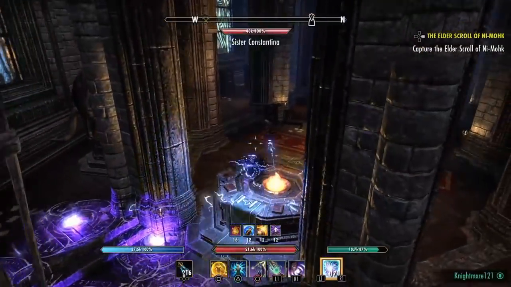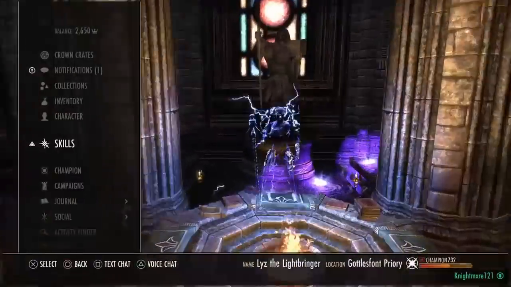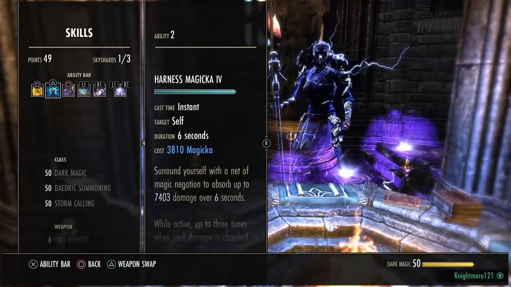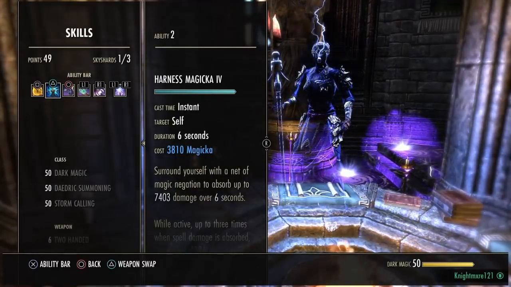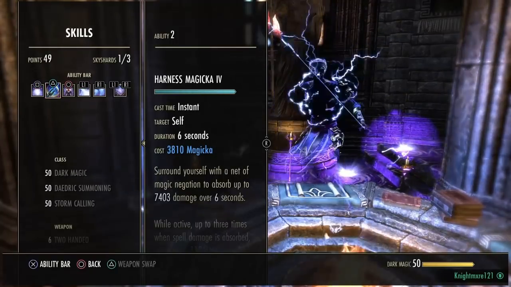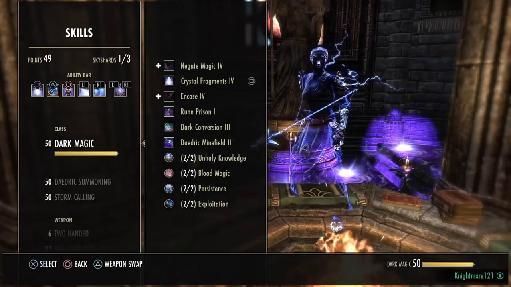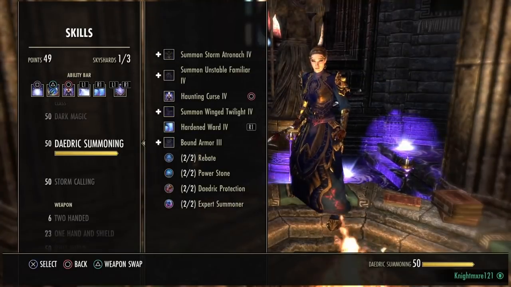So that's going to cover my skills. If you don't want to watch the rest of the passives you should take, go ahead and skip to the next part. But I'm going to go over passives for people that are unfamiliar with builds. So Dark Magic, we have all of our Dark Magic passives, all of our Daedric Summoning passives, and all of